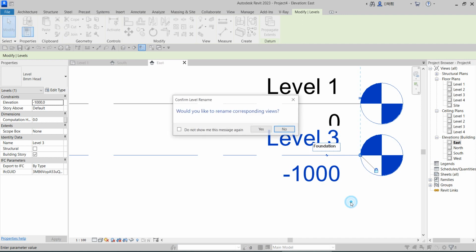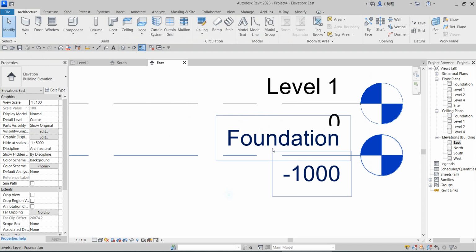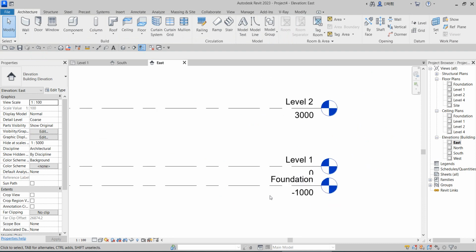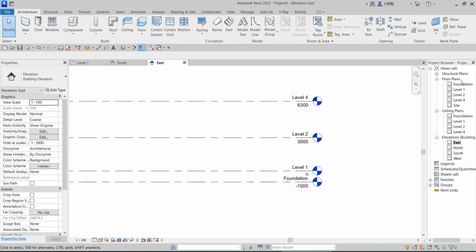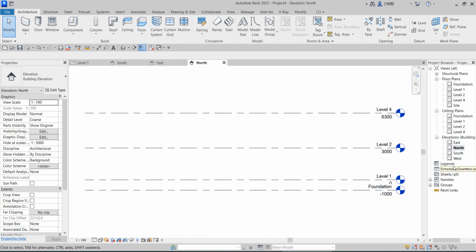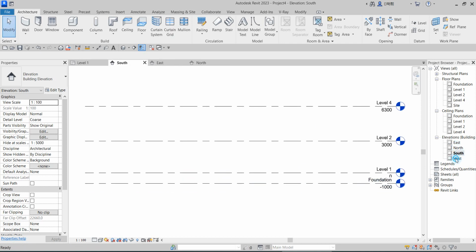So then you click outside, and it will ask you a question. You can decide to say you don't want to be shown this message again. Let me do that and say yes. So the foundation is being created at this point. When you look at your project browser, you find the foundation. You look at the ceiling level, everything is there as applicable. Anywhere you go on your elevation is going to be there, and you're going to continue, and that is how